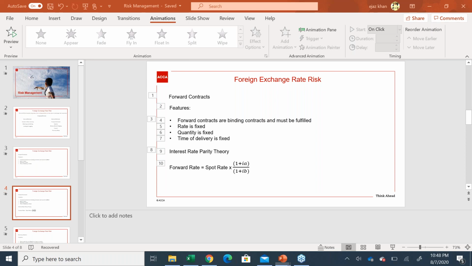Okay, so remember one thing, that interest rate parity theory is used to predict the forward rate, number one. Now, spot rate, the current exchange rate, multiplied by